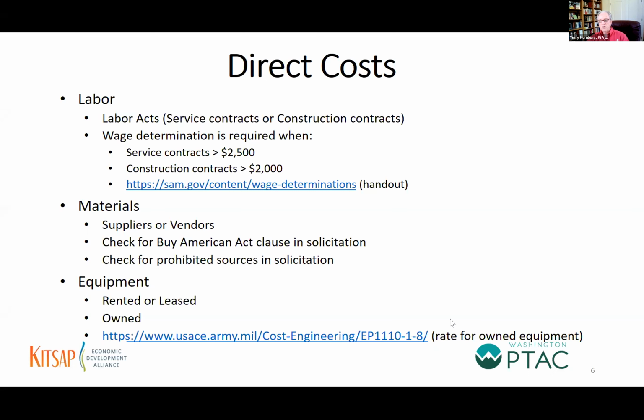threshold is $2,500. So if the government has put together an estimate, because they have to put an estimate together also to determine the dollar value, and they have to go seek money from their customer, their client, and it exceeds $2,500 and is for services, then they have to include a wage determination from the U.S. Department of Labor. And so you need to be mindful of that because you have to pay your employees in accordance with that wage determination. Now, if it's a construction project and the estimated value of the construction exceeds $2,000, then what we